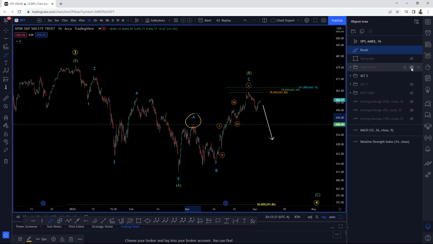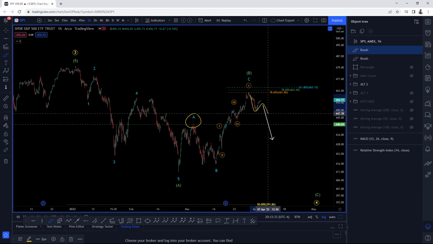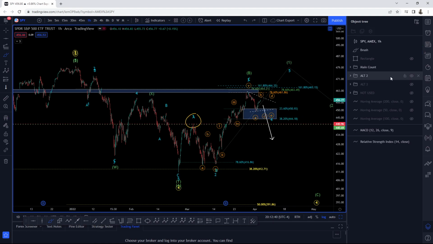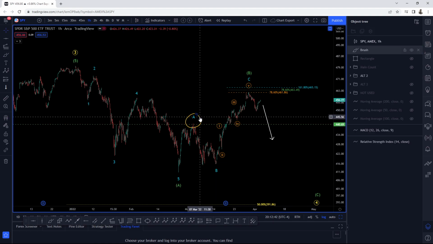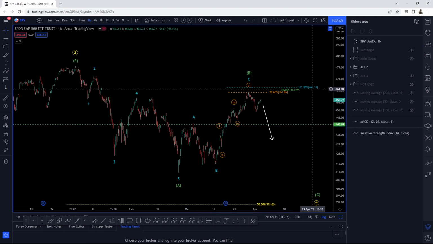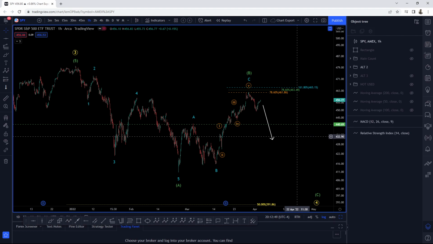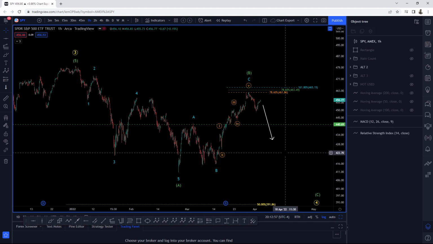So now this, should we break the high of wave 1 in our bullish count, right? So I'm gonna turn this on and off, right? The main count, that's wave 1, this is wave A. In the bullish count, should we continue on lower, okay, then that triggers this count, and that's what we're gonna start looking at. Okay, so levels to watch here: resistance 465, 463, 461. Support that must hold 440.69 in the bullish count. For you bears out there, look for a confirmation or break south of 440.69.